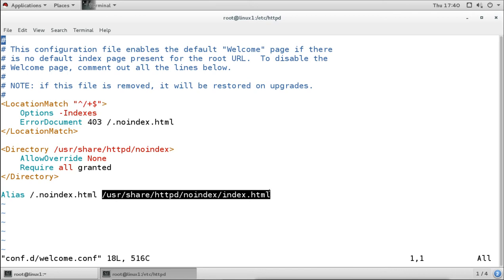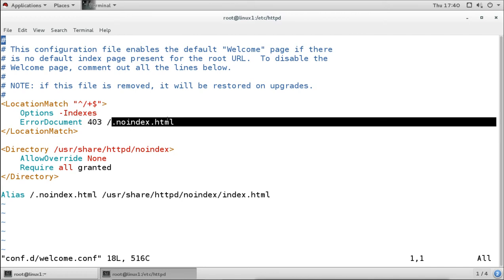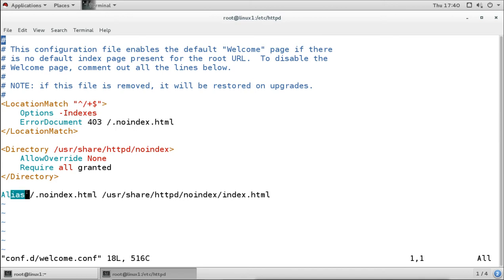This is the file it opens when we don't have any home page file in our main document root directory. We get error 403, and because of that it opens this file, which is basically an alias. You can see here it is an alias of this file. So this is the original file which is opening.